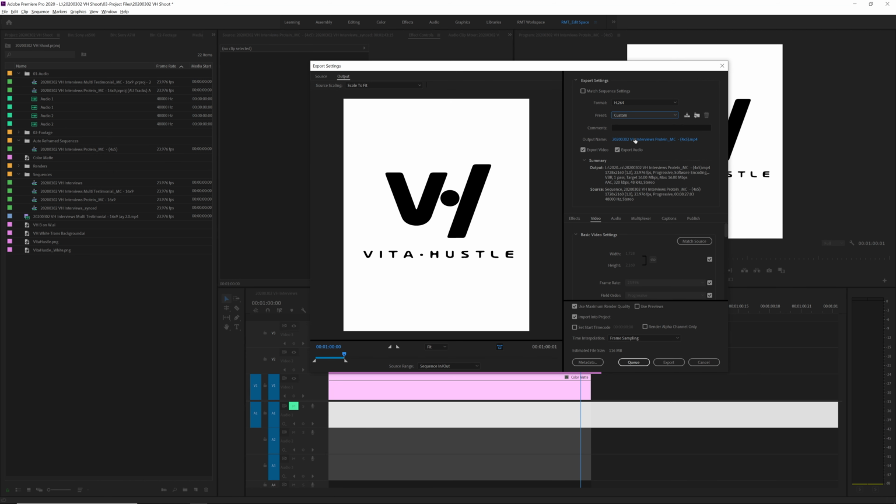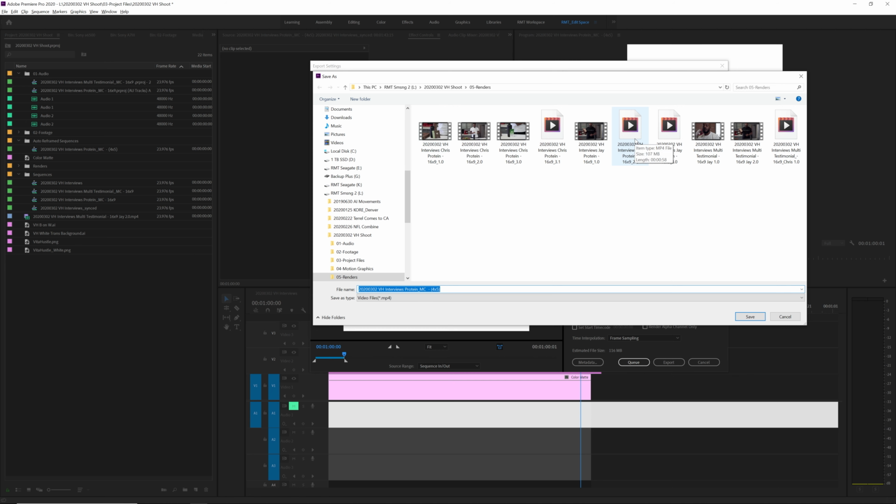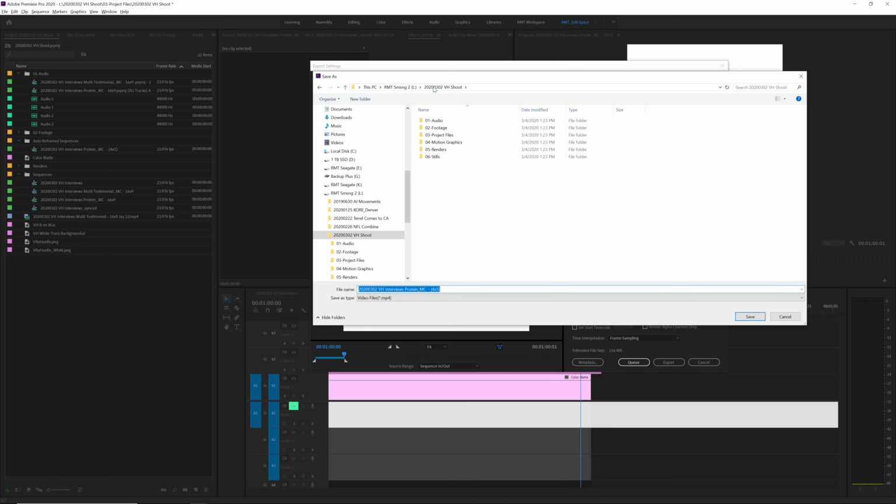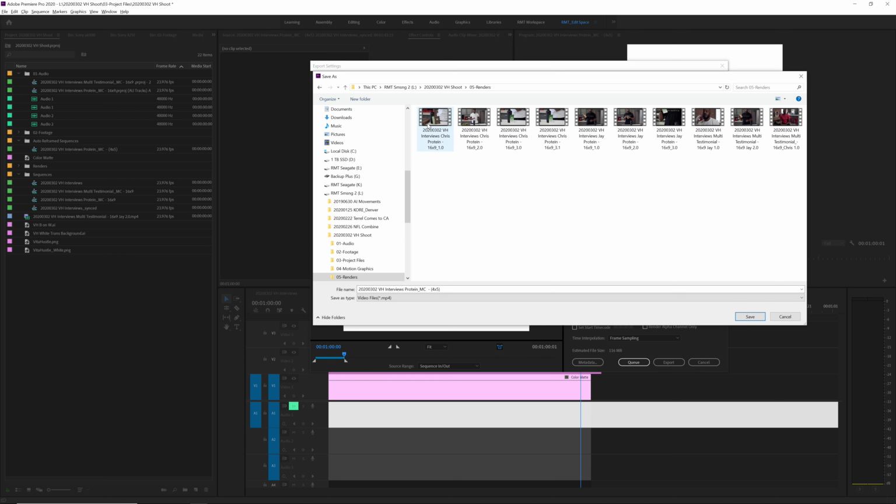So I'm in custom. The next thing I'm gonna do is fix my output name. Now remember from my previous video of how I set up all my folders, everything's gonna live within the project file itself. Then I'm gonna go to my renders folder. And remember, I had already rendered out all of these individual clips from a 16:9 point of view. So now what I'm gonna do is keep the same naming convention. I'm gonna say protein, but J is the guy that this first set of sequences is all about. So I'm gonna have that and